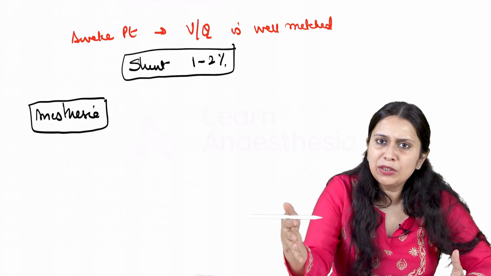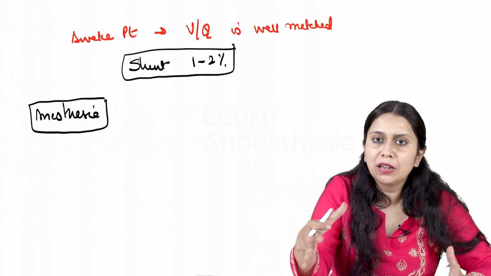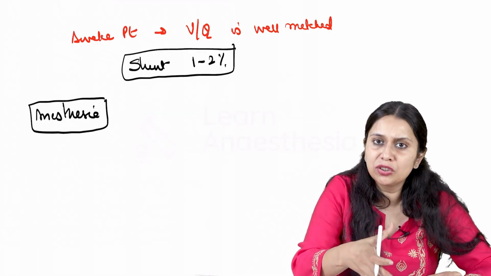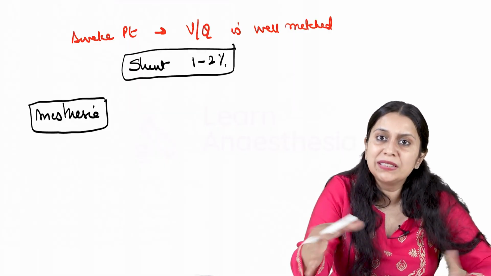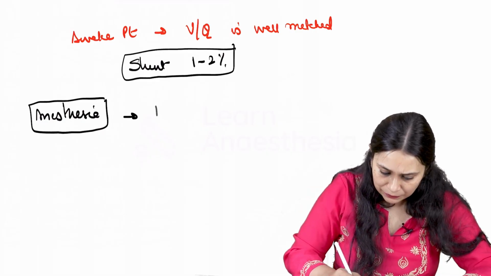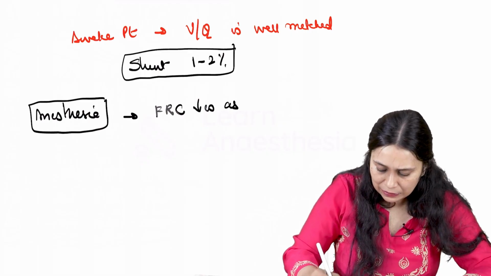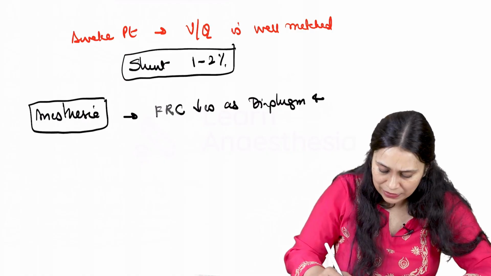Other thing which will happen during anesthesia, the mediastinal structures will become relaxed. So fall of the mediastinal structures would be seen under anesthesia. So two major problems. Number one, FRC decreases